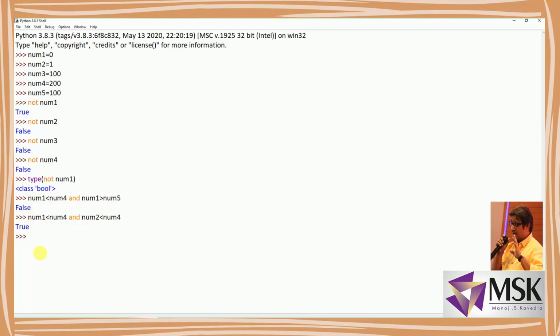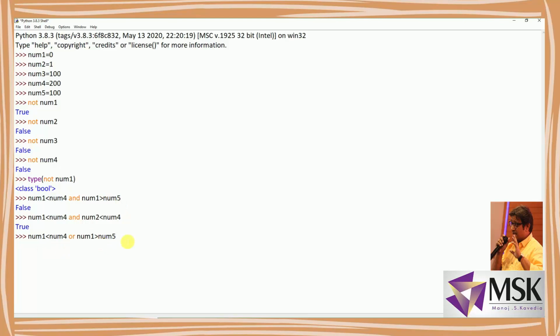Now again we'll take the first condition with OR. So I'm writing num3 less than num4 or num3 greater than num5. Now in this case one condition is true and one condition is false. So this is the true condition and this is the false condition.